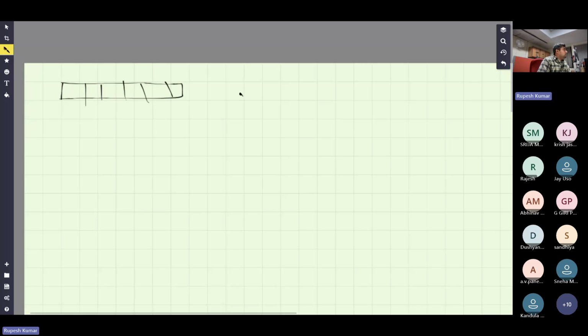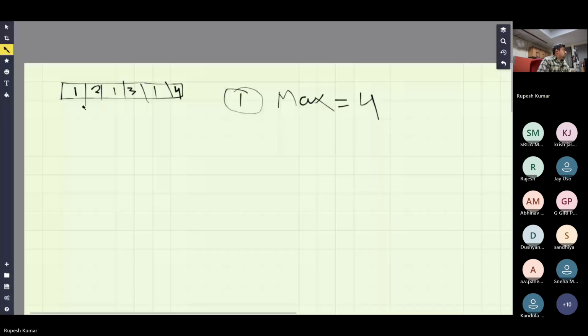So the first thing we do is we take the max element in the array. So what is the maximum value? Let's say 1, 2, 1, 3, 1, 4. So what is max? Max equals 4. How to extract max? Just start from a variable. Assign max the starting value, which is 1 here, and then iterate